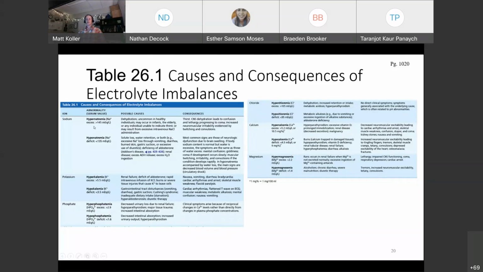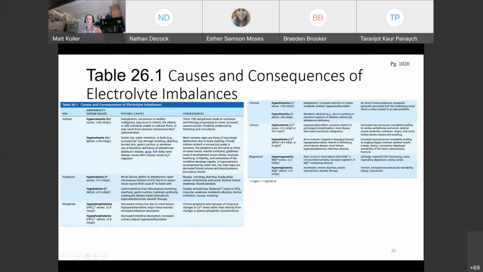Well, so think hyperactive, like, you know, the kid that you just took to McDonald's and fed him a bunch of sugar and 3 Red Bulls, hyperactive. Hypernatremia, too much sodium, is going to be anything above 145 milliequivalents per liter. And yes, you do need to be able to recognize, like if I threw out, hey, what's hypernatremia? 145, 135, 150, you need to recognize that anything above 145 is hypernatremia. You have hyponatremia, like hypotonic, like slow, is below 135 milliequivalents per liter. For potassium, you have the same things, phosphate, chloride, calcium, magnesium.